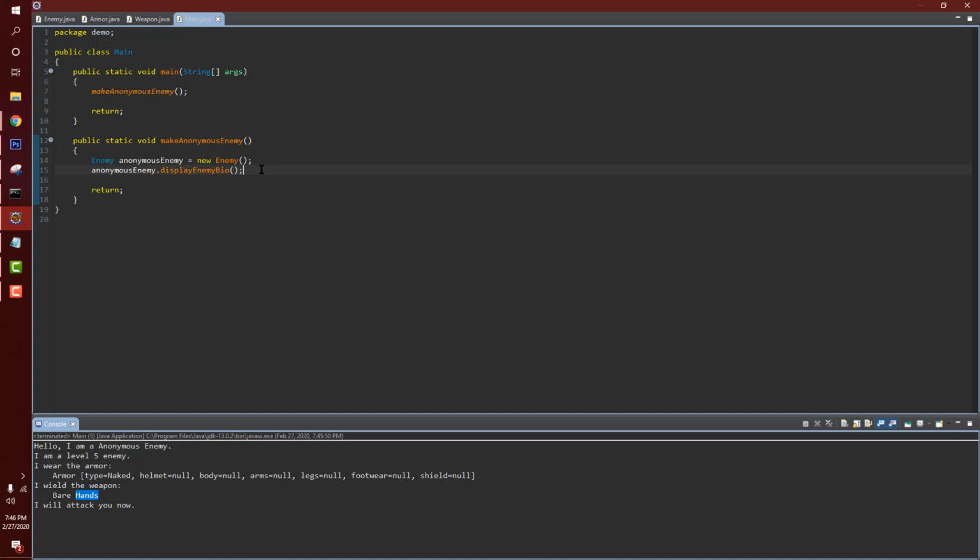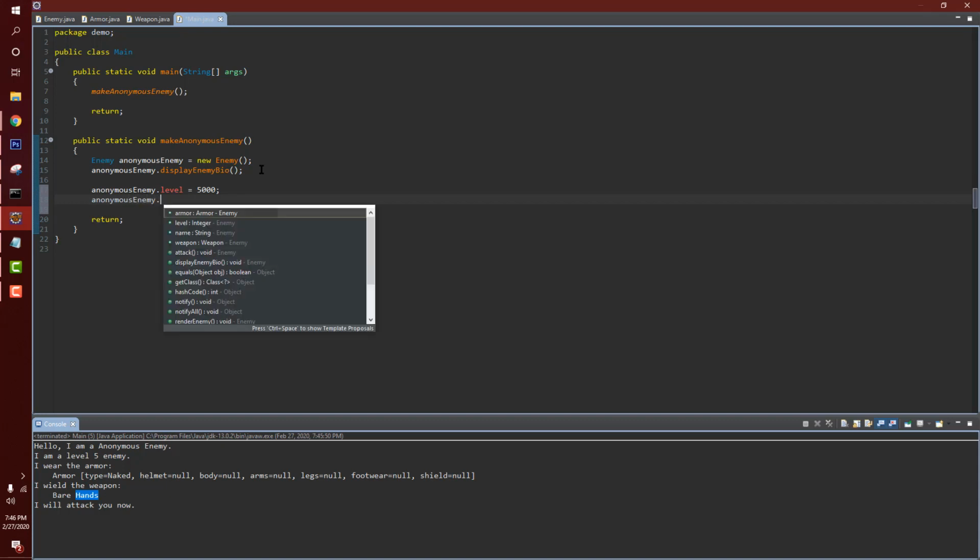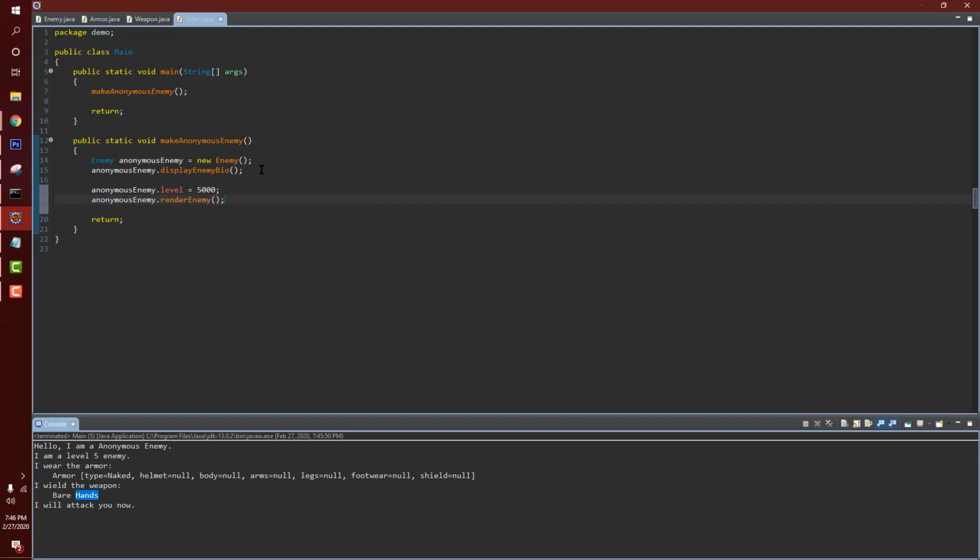So now here's where this design becomes bad practice. I've already just said that I can display this enemy's bio, but there's nothing stopping me, the client, from saying anonymous enemy dot level equals 5,000. And now we can say we're gonna render it, and we're gonna have it attack you. I'm gonna save this,